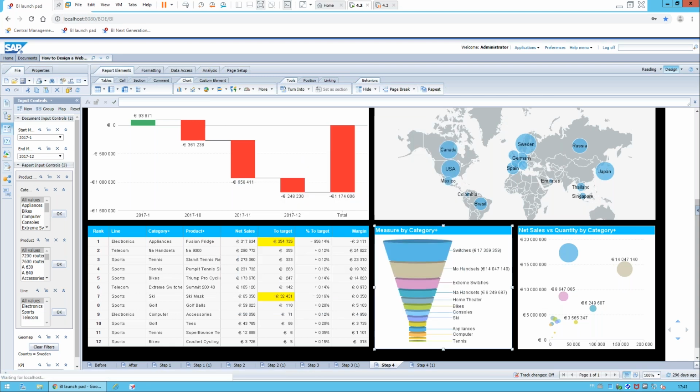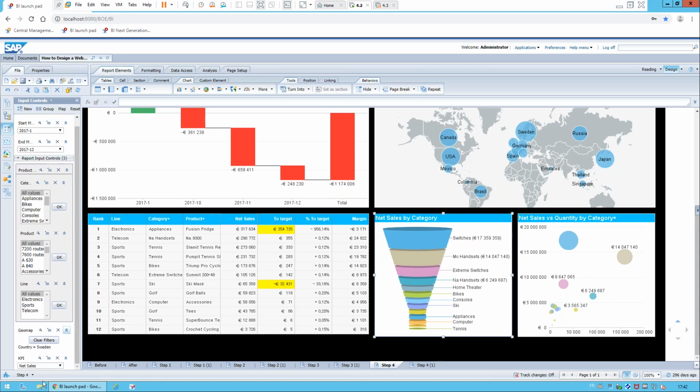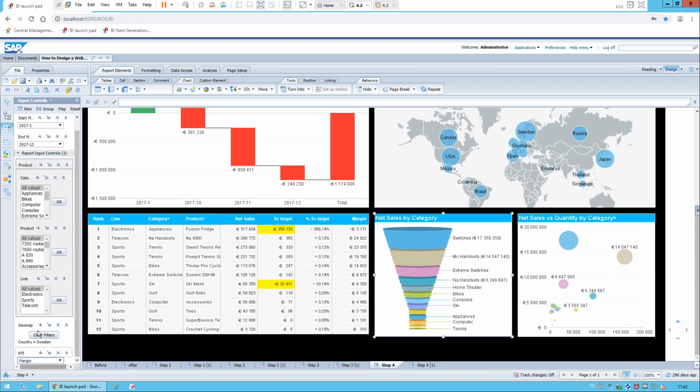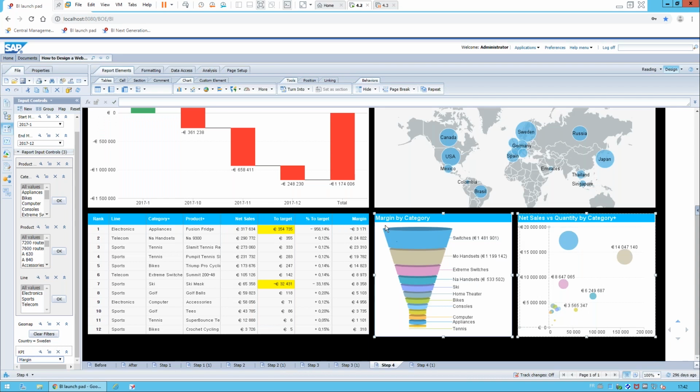All right. So I'm back now to the current value of KPI, which is net sales. And here in the input control, if I change it to margin, and my document refreshes, this time I have margin, and I display the value for margin in the same